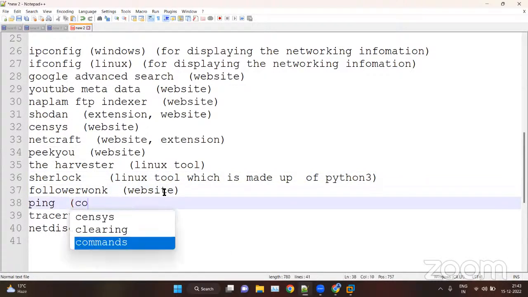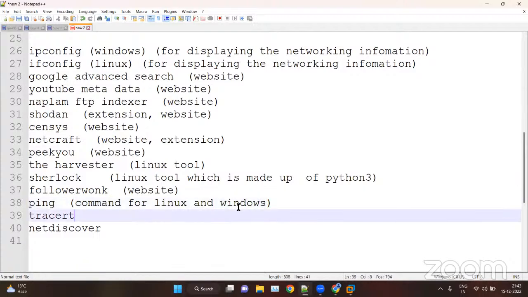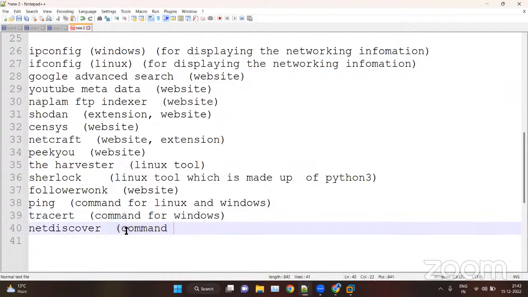Ping is a command for both Linux and Windows, so we will mainly focus on Linux and Windows. Same with traceroute, which is a command for Windows. Now, netdiscover is a command only for Linux.